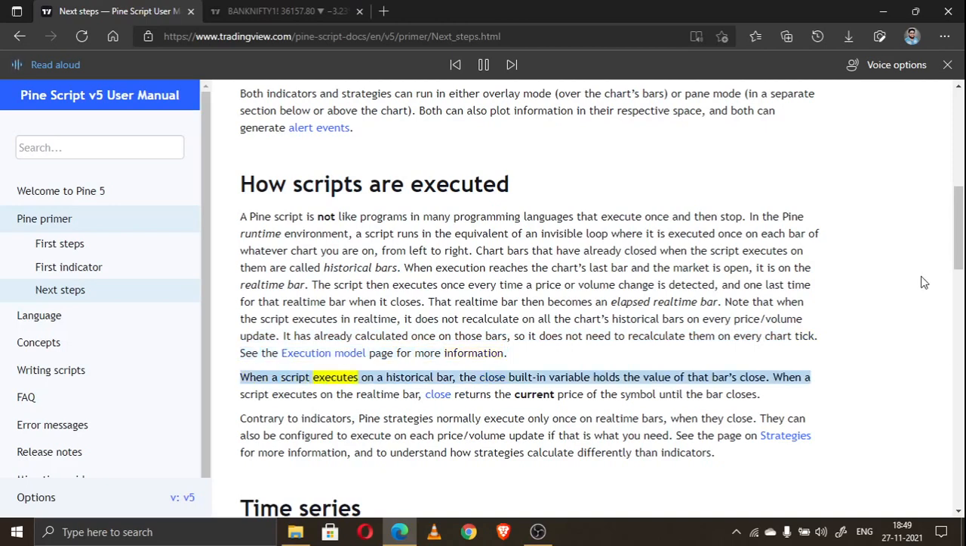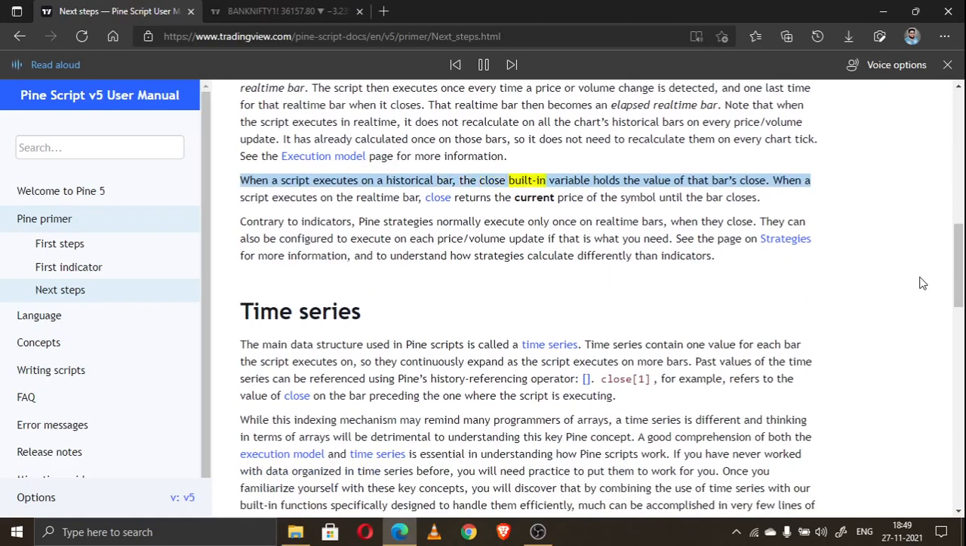When a script executes on a historical bar, the close built-in variable holds the value of that bar's close. When a script executes on the real-time bar, close returns the current price of the symbol until the bar closes. Contrary to indicators,